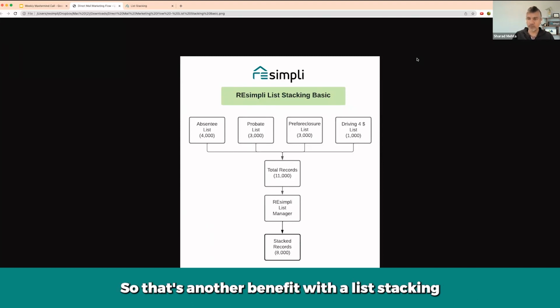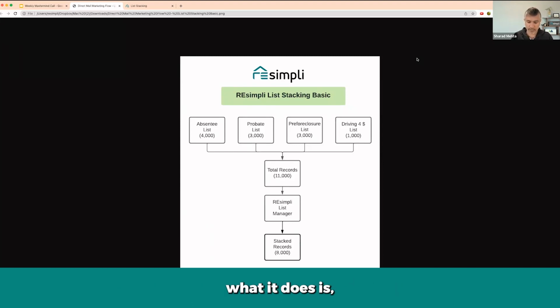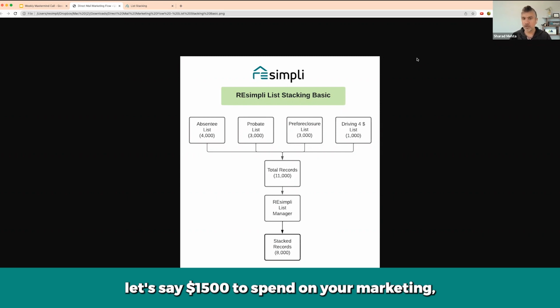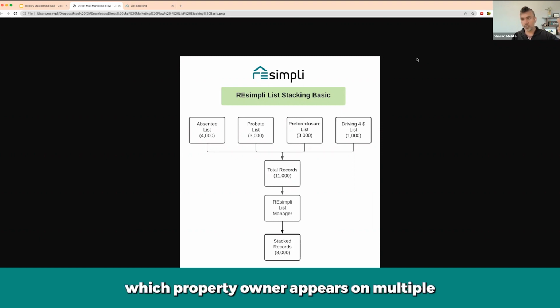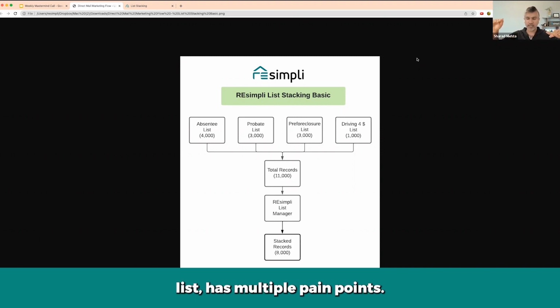That's another benefit of list stacking. You put all your lists in a list stacker, and it tells you which property owner is on multiple lists. So if you had a limited budget of $1,500 to spend on your marketing, list stacking is going to tell you which property owner appears on multiple lists, has multiple pain